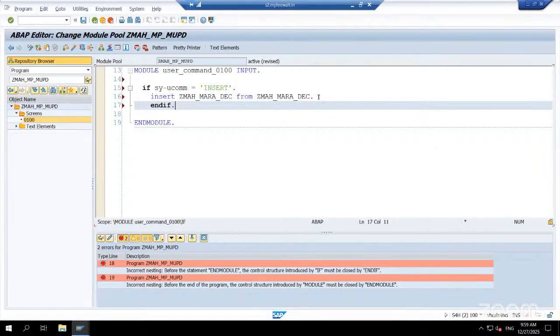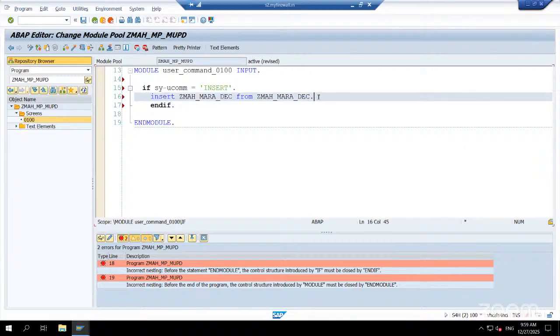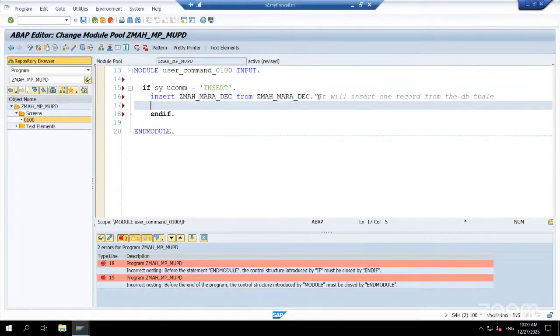What will line number 16 do? It will insert one record into the database table here, the custom table. It will insert one record into the database table. Okay. Like that, suppose we do S5-ecom equal to